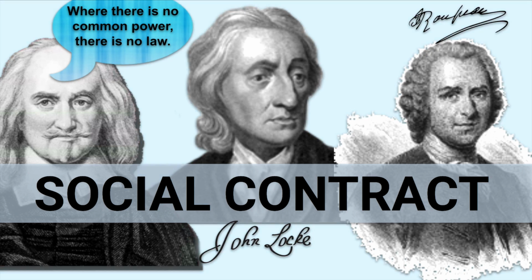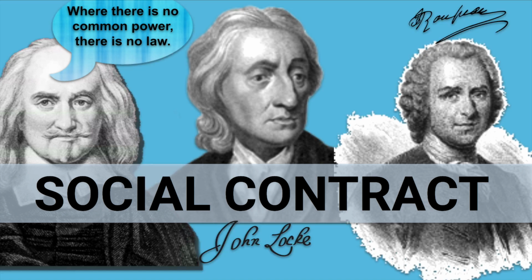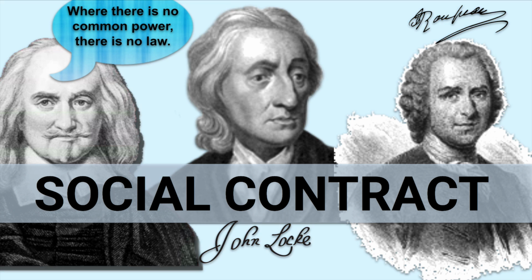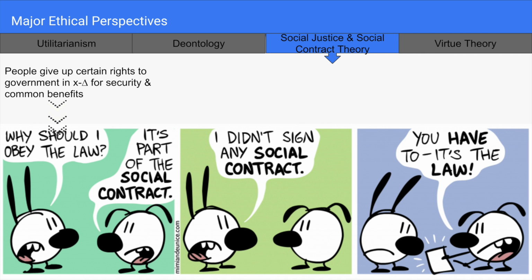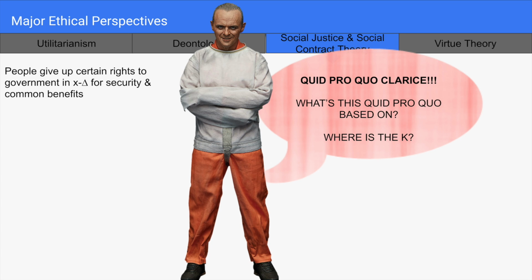There are a few notable social contract theorists, including Thomas Hobbes, John Locke, and Jean-Jacques Rousseau. Hobbes was of the opinion that since a contract is the transfer of right, in the state of nature, everyone has a right to everything, and there are no limits to the right of natural liberty. He pretty much thought that social contract is the agreement by which individuals mutually transfer their natural rights. So it's kind of like saying, I give up my natural right to you if you give up your natural right to me. That's really a quid pro quo. This for that. In that example, you just replace a natural right with a limited right.